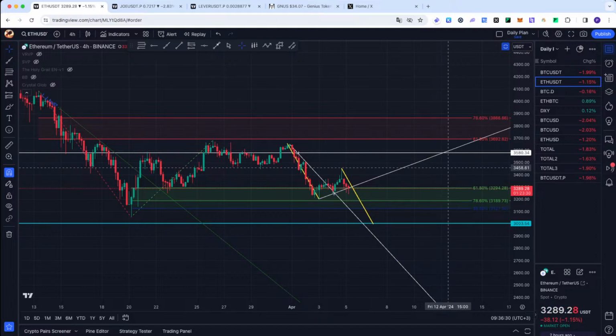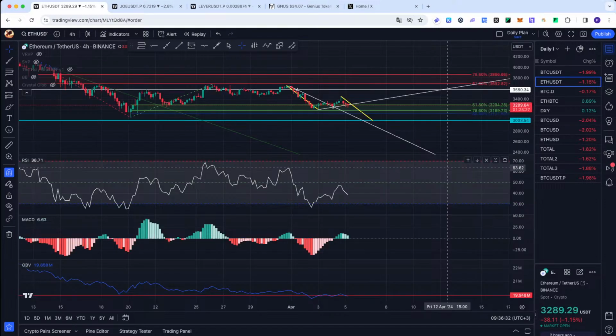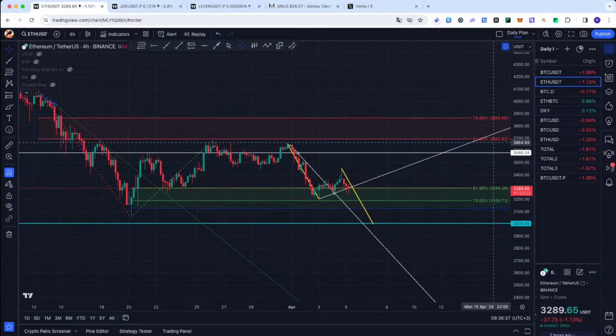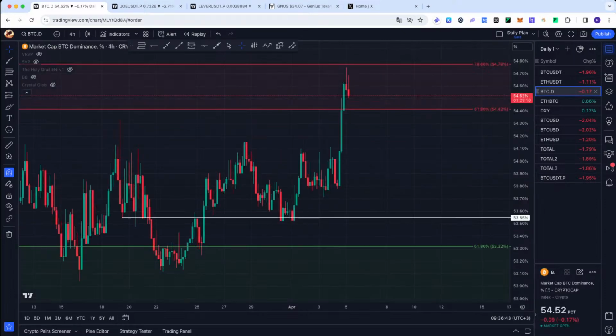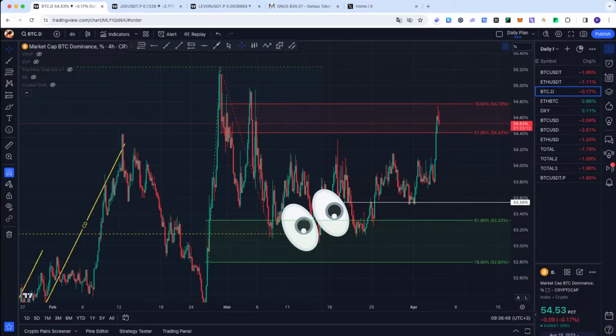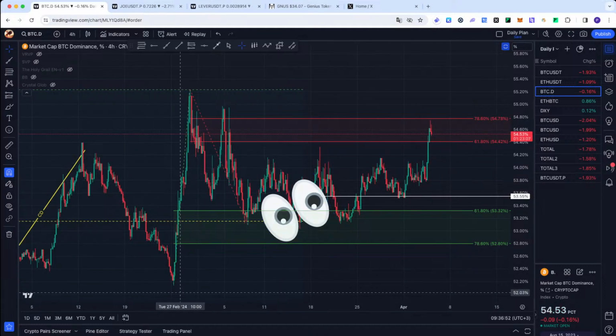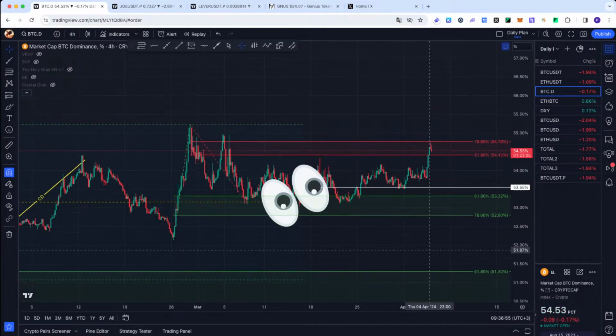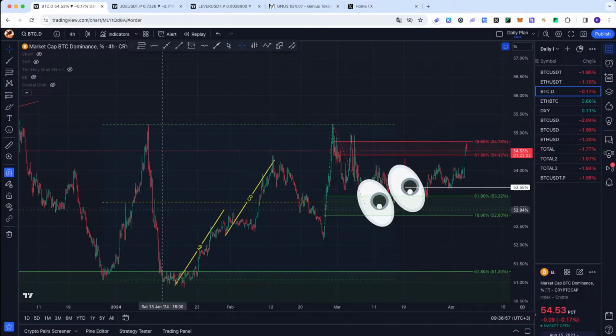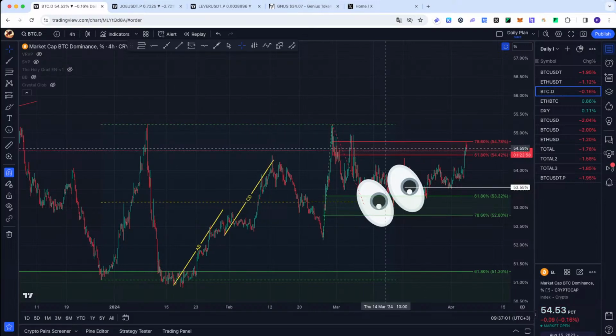Not too much to say about Ethereum different from Bitcoin, just the fact that for the moment it's weaker. Yesterday, I had the impression it's stronger, and things changed until now. Bitcoin dominance. Well, I posted this one on, I don't know, Discord or on Twitter. I don't like where these eyes are looking. I just don't. And you can see the same kind of thinking, range. I love to play range, to think range.